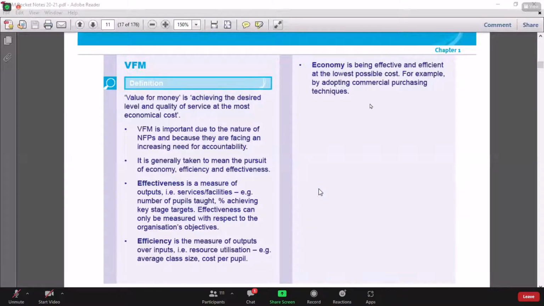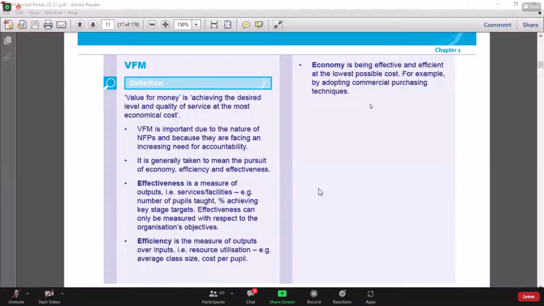Let us assume that you recruited only one teacher and made that one teacher teach all the subjects, and you made all the students sit in a single classroom. Suppose your target is 100, you have only one classroom, and only one trainer to teach everything, and you didn't give proper books. There were no notebooks, you just made students sit in the classroom. That's it. Of course, you might have achieved effectiveness, but you failed in achieving efficiency.